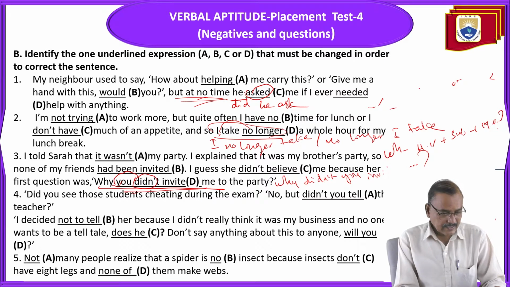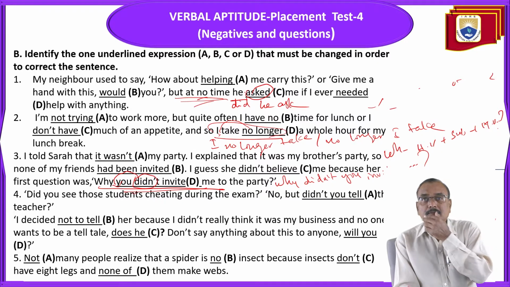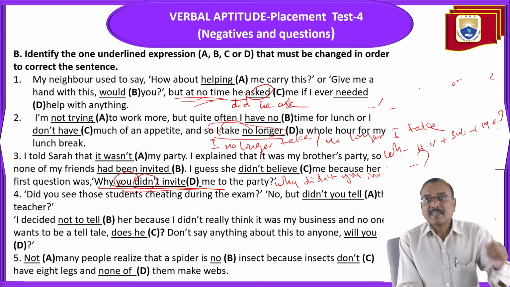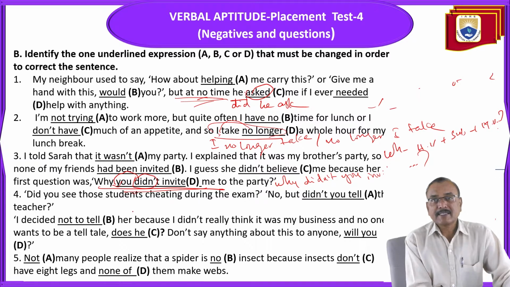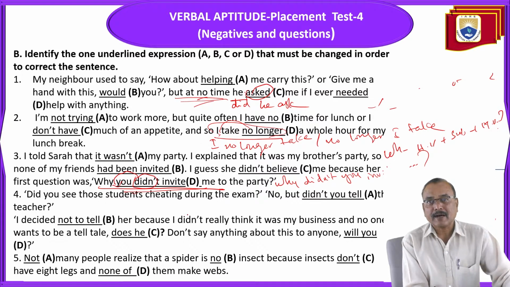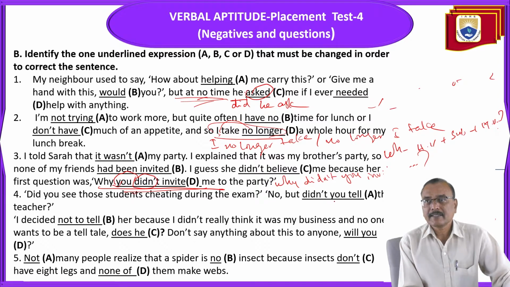What is the answer? So here, where is the mistake? I decided not to tell her because, correct only. Here, this is also correct. A is also correct. No. But didn't you tell the teacher? This is correct only because the helping verb is before the subject. I decided not to tell her, correct only. Because I didn't really think it was my business, and no one